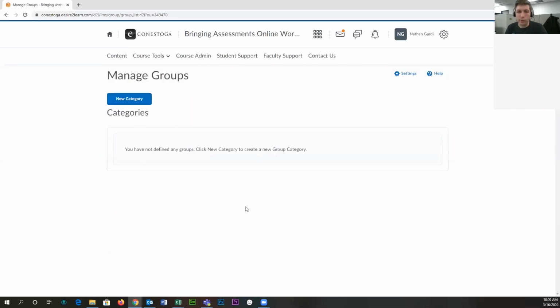If you haven't created groups in a particular course shell that you're in, then it'll look like this, no defined groups yet. And so what we do to get started is we will always click on this new category button. It's kind of weird that it's called category. Really, what we're doing is we're defining the reason for the groups. So when we give this thing a name,